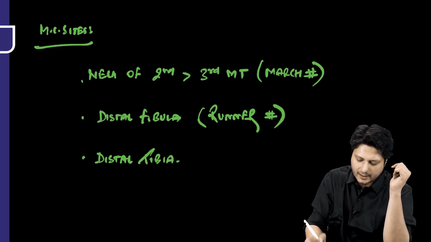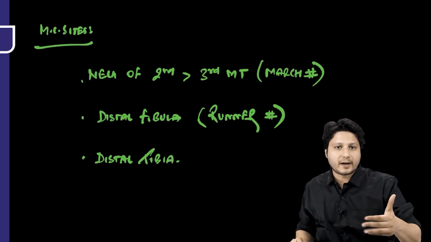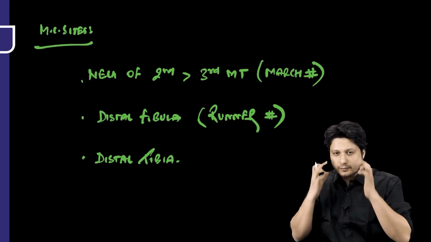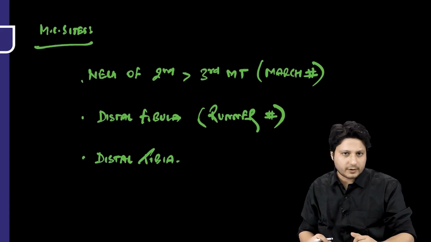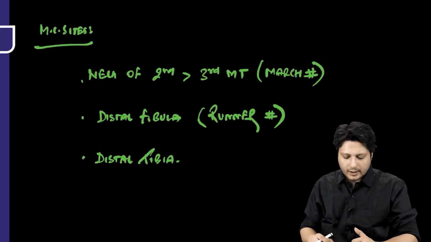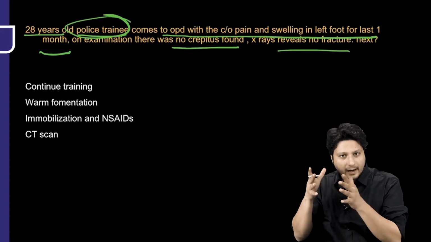So these stress fractures can also happen in the case of the distal tibia. These are the most common sites where these fractures can happen: fracture of the neck of the second and third metatarsal, the distal fibula, or the distal tibia. So if we talk about the question again, if we try to correlate what we have learned with the question